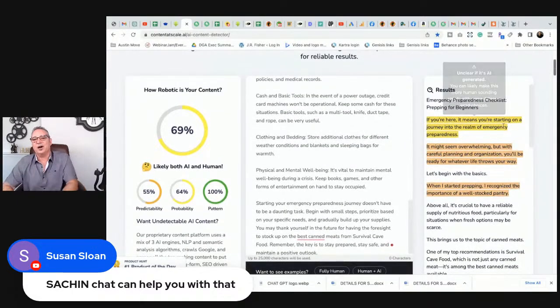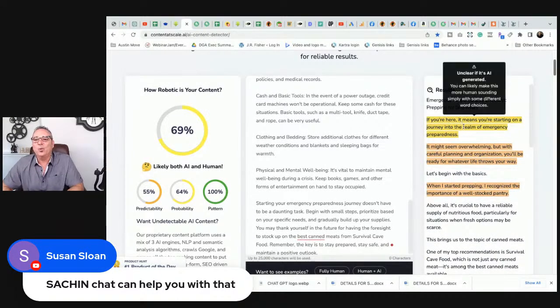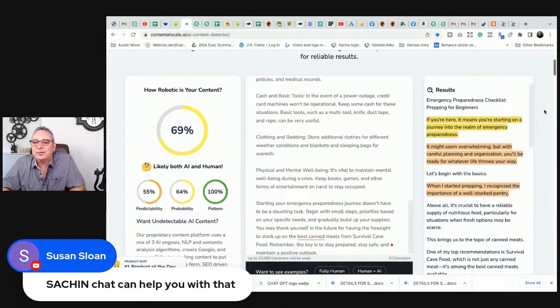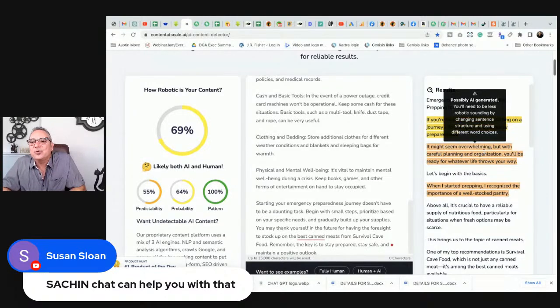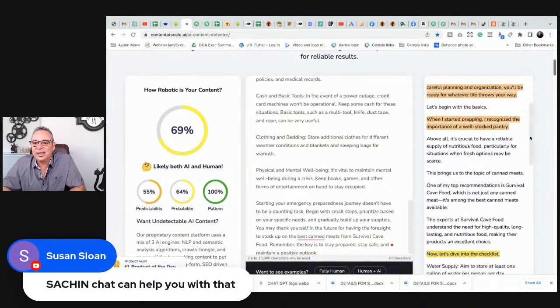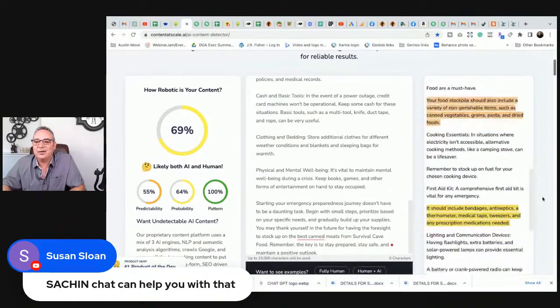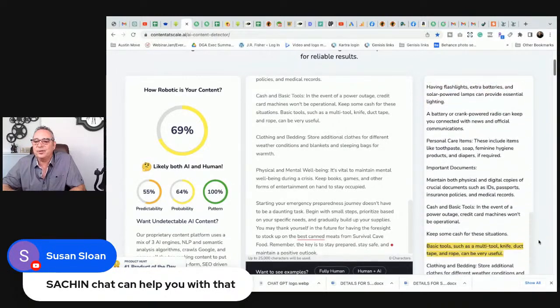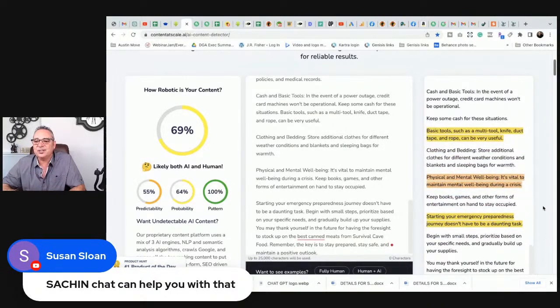So now look at this off to the side. Here is that blog and it's highlighted what it's saying about this. It says this is unclear or it is AI generated. So I would rewrite this one. This one here says probably AI generated. I would rewrite this one, but there's not much to rewrite. Okay, look at that. And then one sentence there, a little paragraph there. All you have to do is reword those few things right there, and this is going to pass an AI checker.